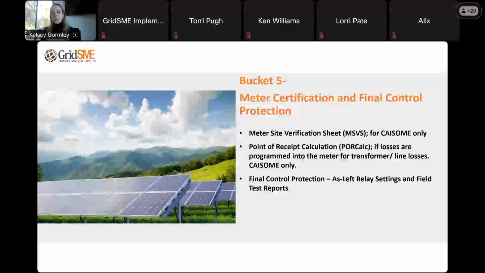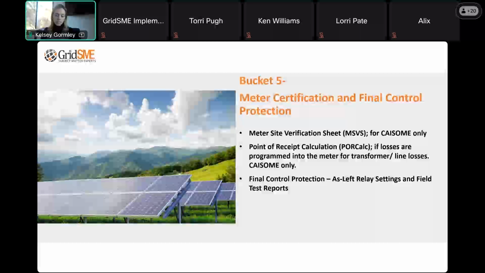So what makes this also challenging is that it is a document that requires 4 signatures once it's been validated by CAISO. So there are 4 folks that are listed on the bottom of this form. You will have the meter installer, and that can be whoever was working on the project from the EPC contractor's perspective that just put the meter in the socket.